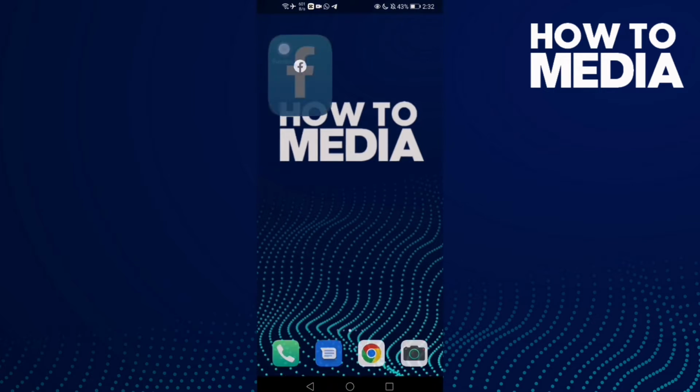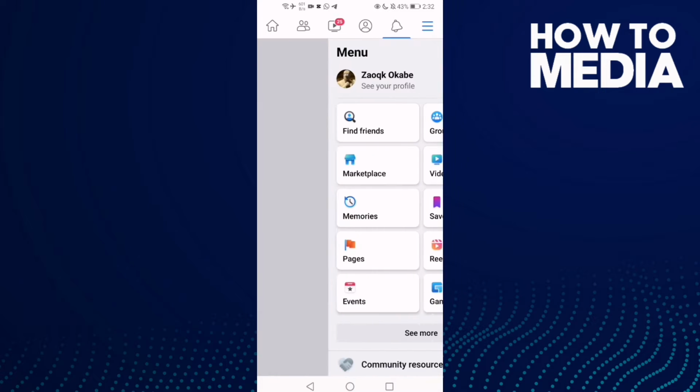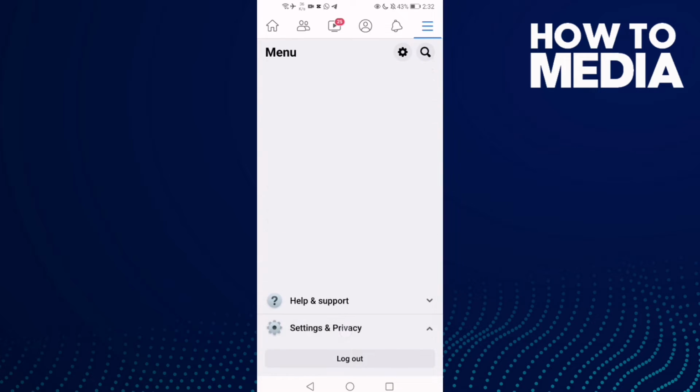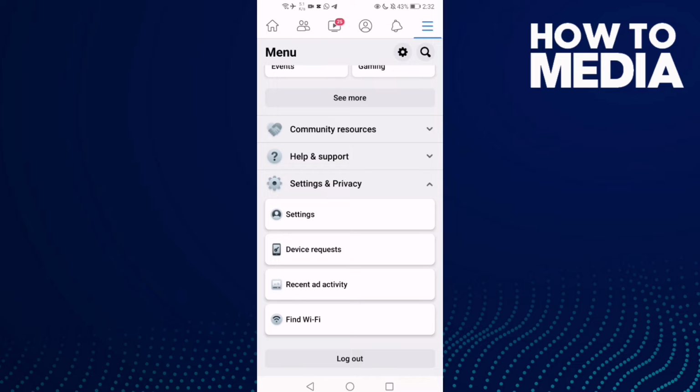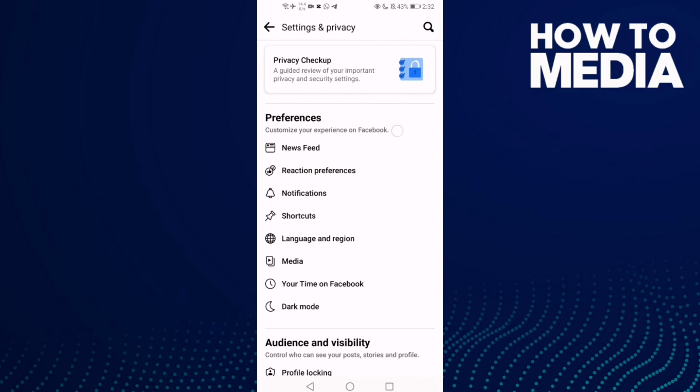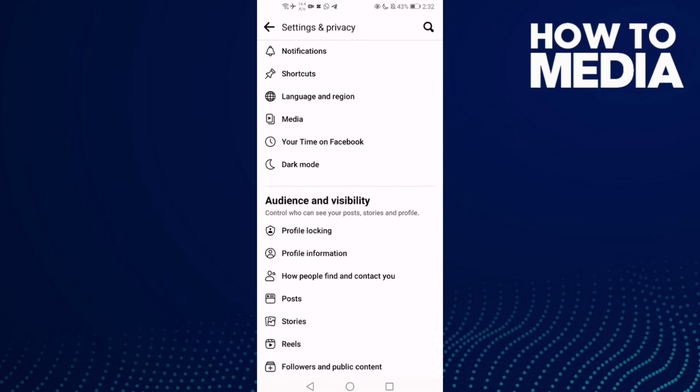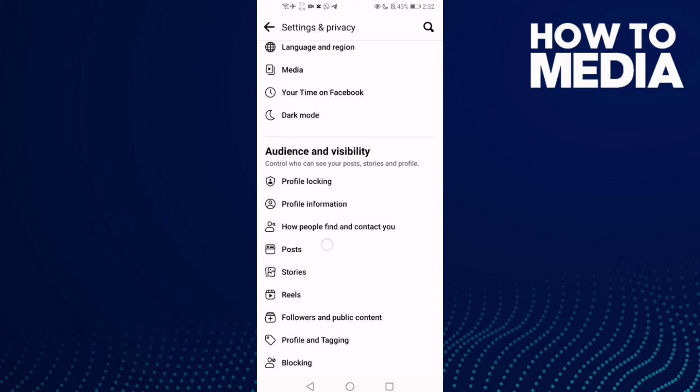First thing, go to Facebook and then click these three lines and go down until you find settings and privacy, and now click settings and then go down again and click this one, posts,